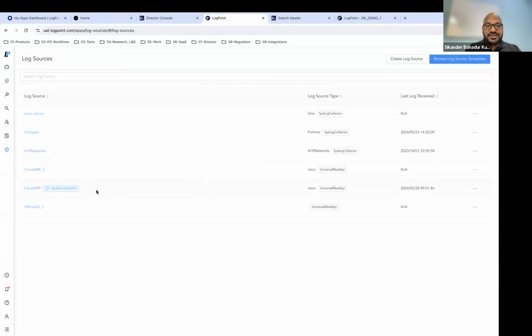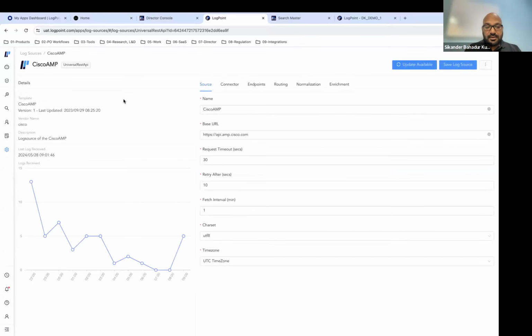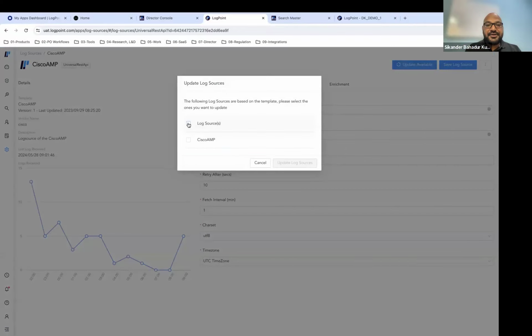This is just an example that I've created here for you, wherein the Cisco AMP log source was created earlier, and then we updated the template. If there is a new template available, or the template has been updated, then you just need to click on update available, and whatever details have been updated,